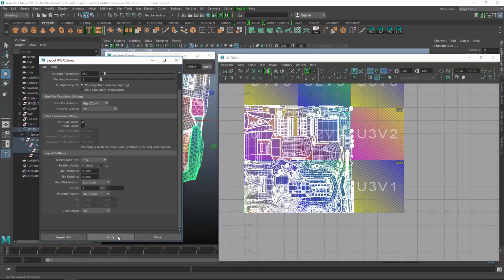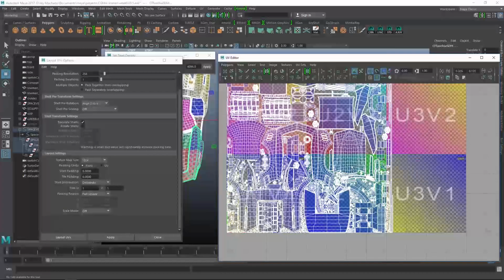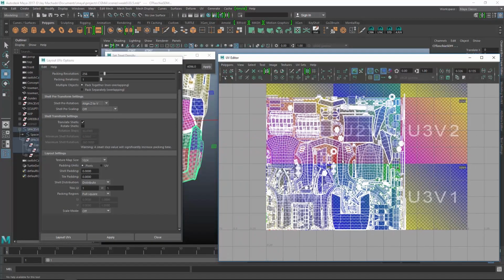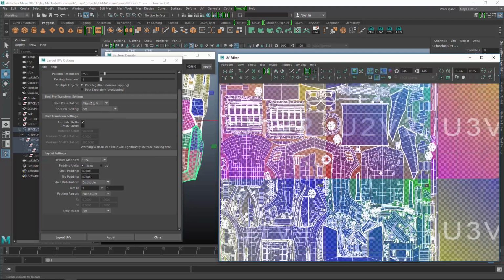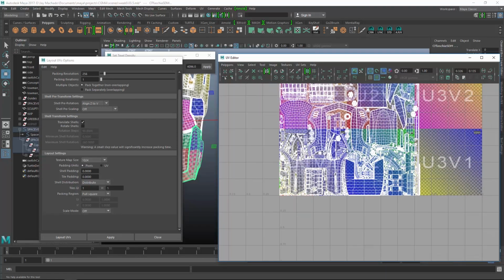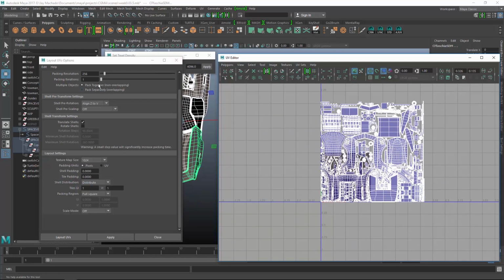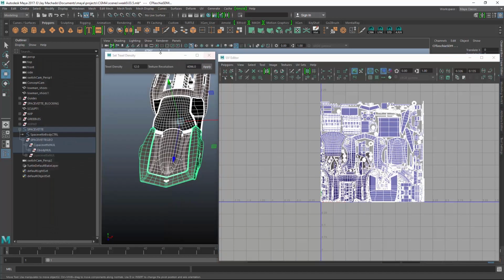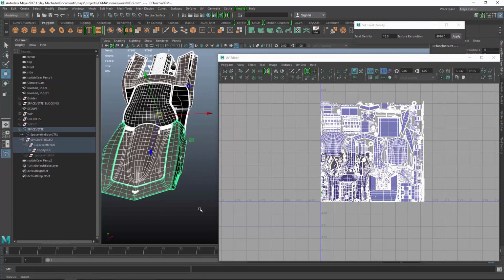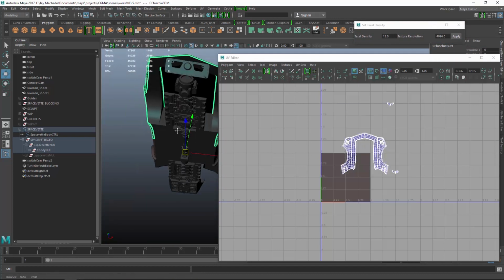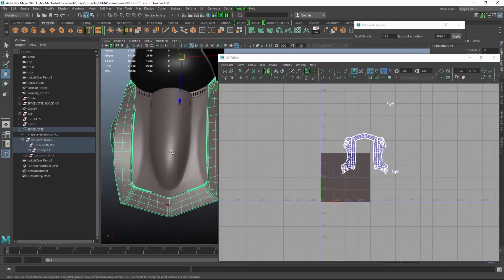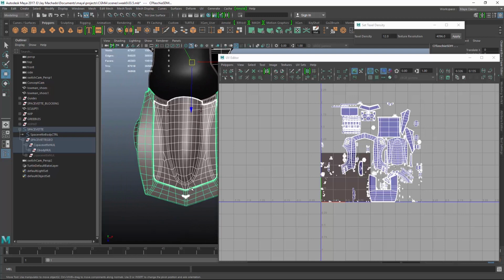And I'm going to want these parts to basically align to a certain axis. So in this case, I'm going to switch the shell pre-rotation to align Z to V. So that'll basically look at the Z axis and align it along the V axis in the UV window. So we have kind of this vertical orientation to all our pieces. So that's kind of a handy tool, especially when you're going to be painting stuff that might need to be